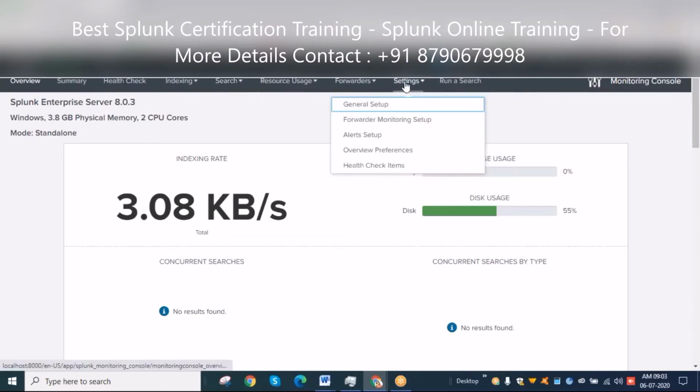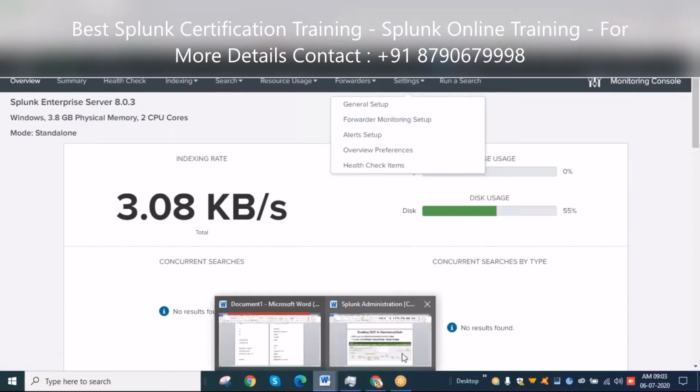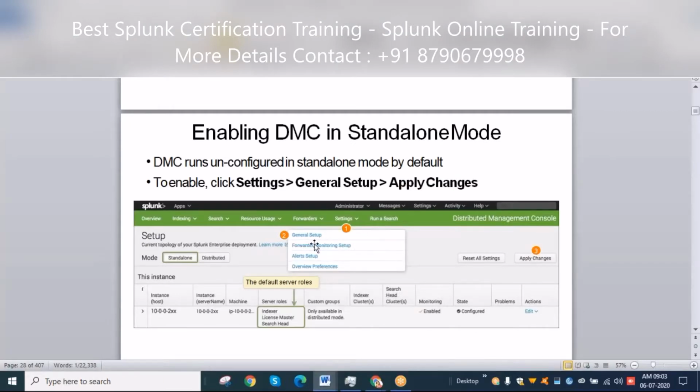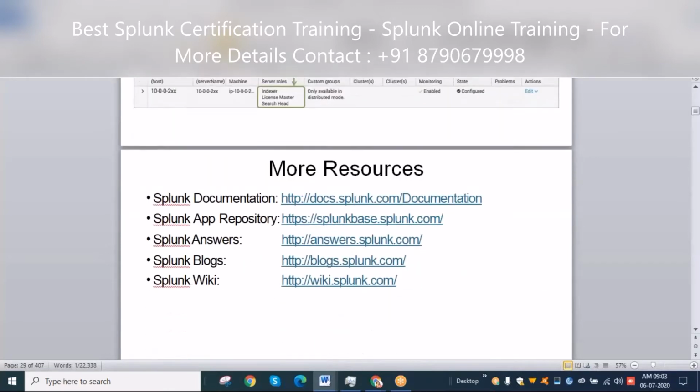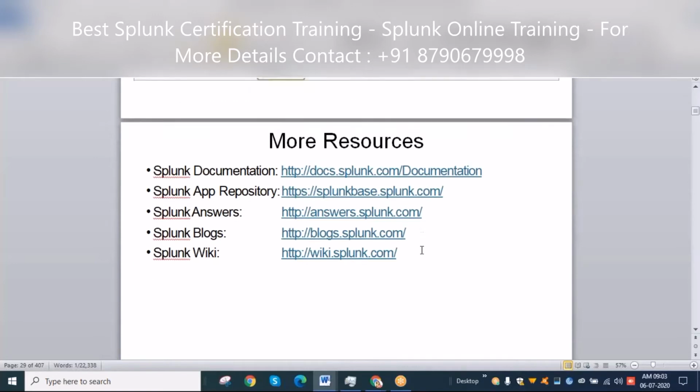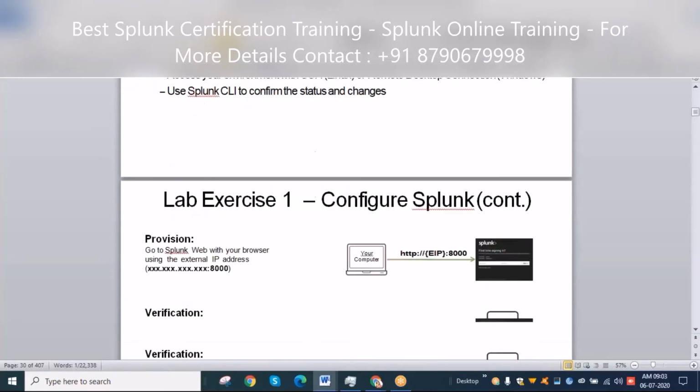In settings, under monitoring setup, in the general setup, it asks us to define the settings. Apply changes. That's all, we are done.